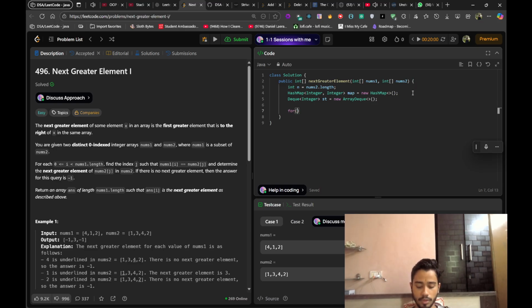So for int i = n minus 1, it starts from the last, i less than n, i minus minus. Cool. Now we're gonna say while the stack is not empty, stack is not empty, and